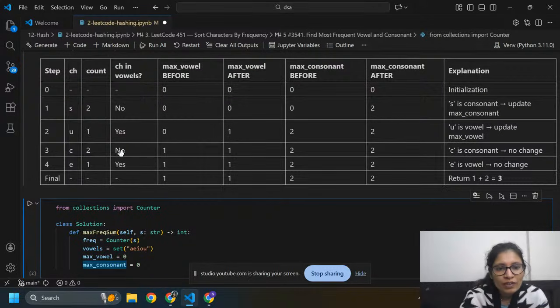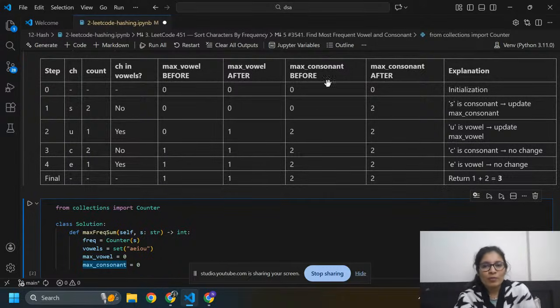Maximum vowel before is 1 and after is also 1. Maximum consonant before we have 2. C is a consonant, so no change, and it is still 2.